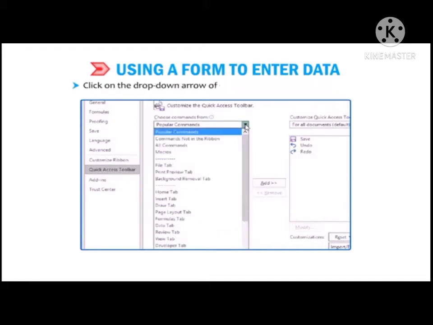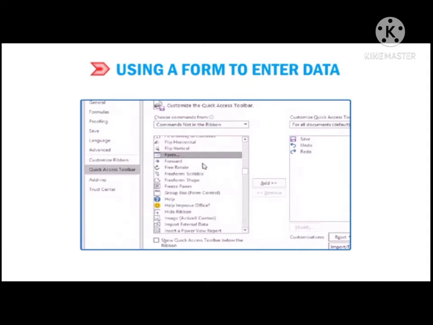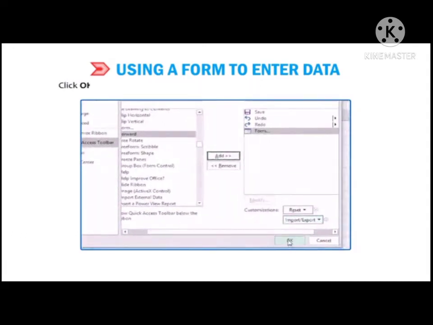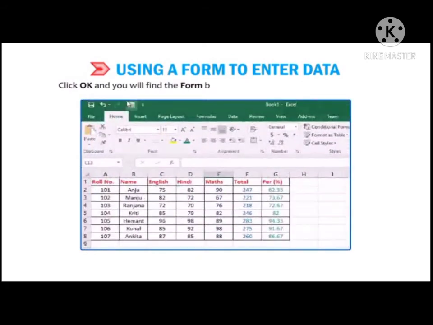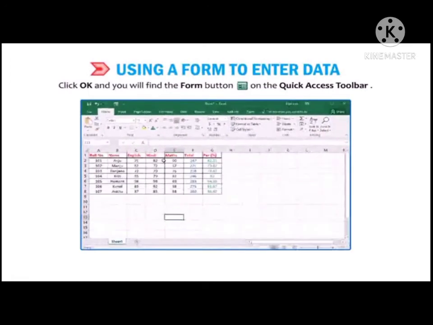Click on the drop-down arrow to choose commands from the list box. Select the command Not in the Ribbon option from the drop-down list and choose Form. After that, click on the Add button. Click OK and you will find the Form button on the Quick Access Toolbar.